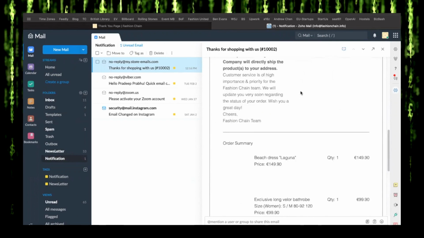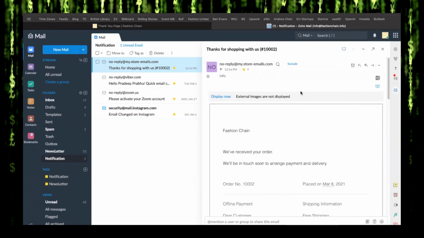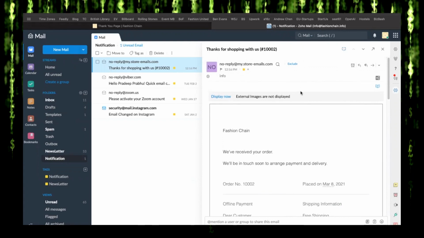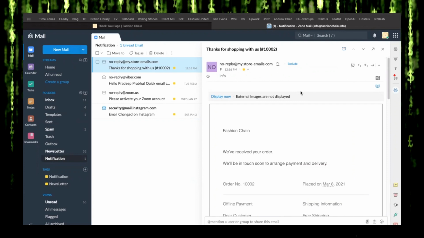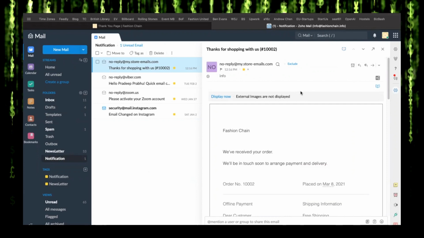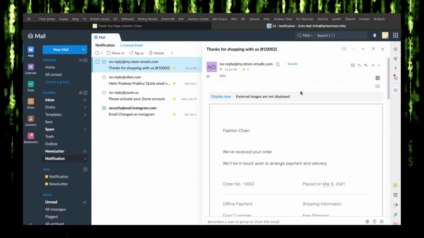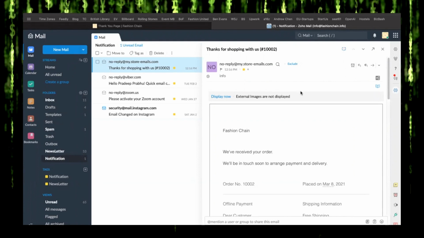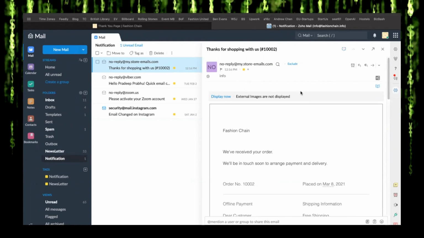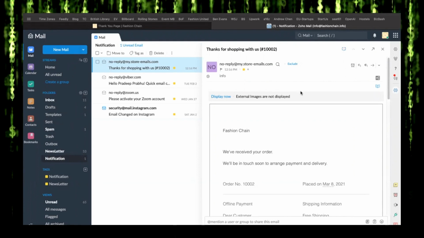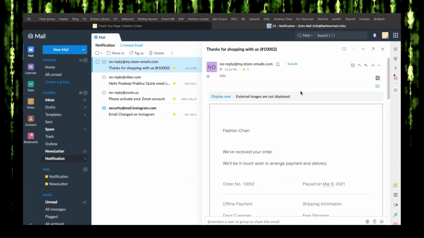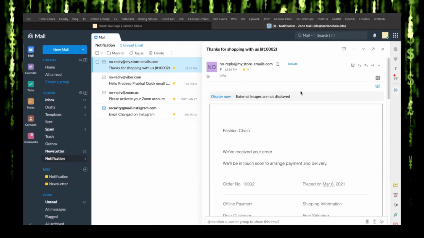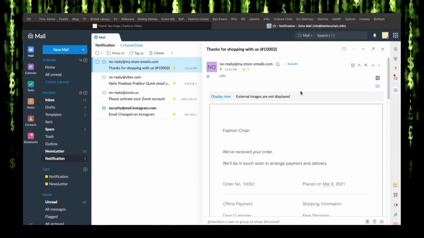So after this, what will happen is we receive this order from our end in our e-commerce portal, and then we will forward it to the fashion designer or the luxury brand that is relevant for the products that you have placed. And then once we get a confirmation from them, we will send you a payment link, and you have to pay through that link. Once you have made the payment and confirmed, the fashion designer or the luxury brand will directly ship the products to you.